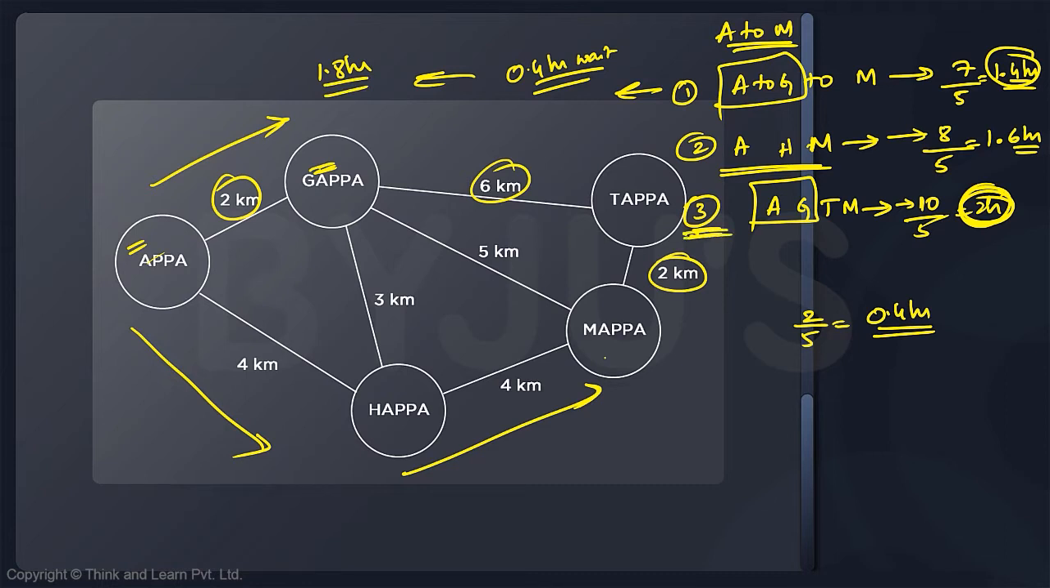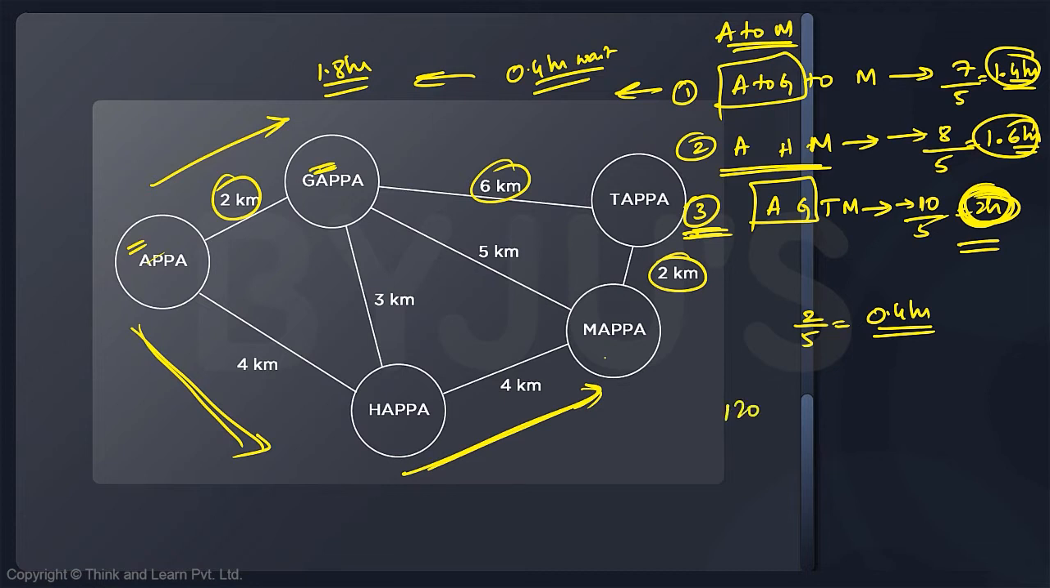Whereas because the third person is starting at the beginning itself, his total time will remain as 2. And the second person is coming through A, H and M, he has got no effect. He has not been affected by the other two. So he will take 1.6. So overall the highest time taken is by the third guy, which is the route AGTM, which means they will